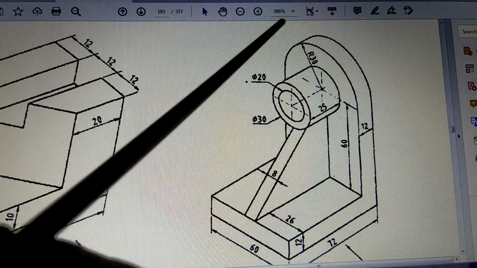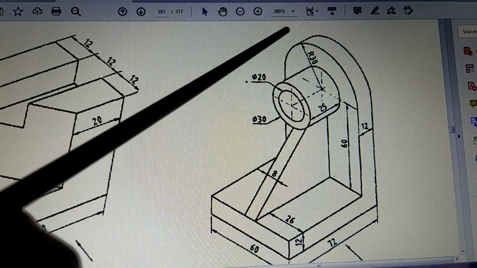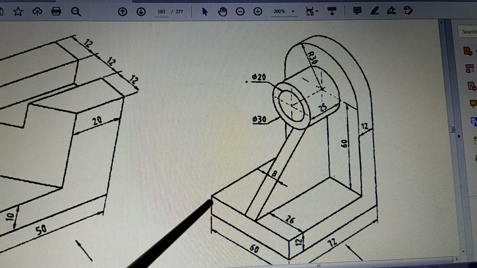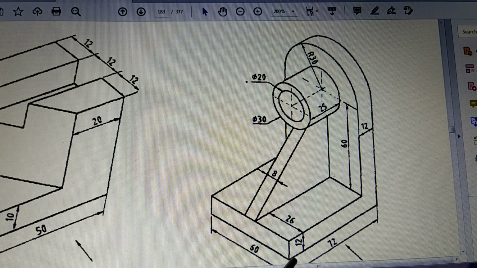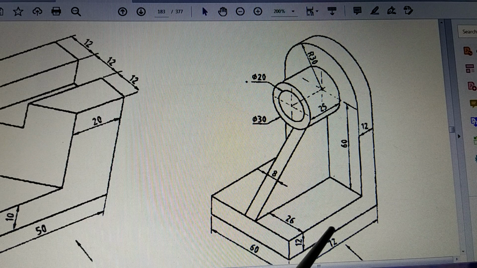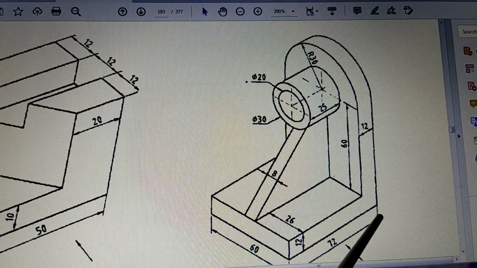Now let's go to top and look from above. Now when you look from above, what will be the overall size of the figure? The figure will have one side 72, the other side is 60. So the figure is not going to go beyond this 72 by 60. So one thing is sure, that the top view will be of a rectangular shape of size 60 by 72. So within 60 by 72 everything is fitted.